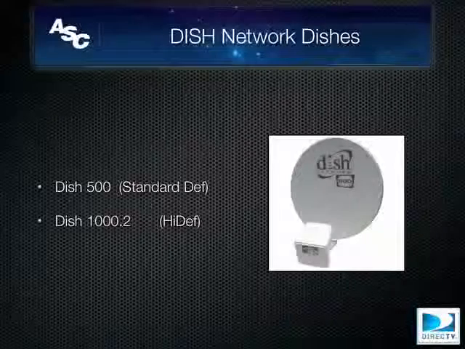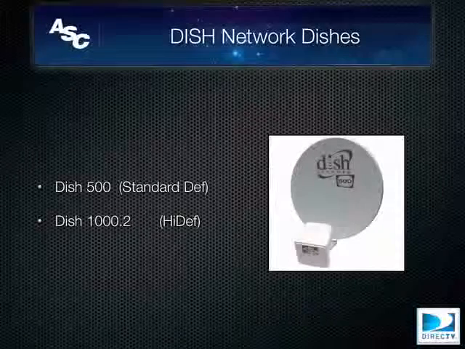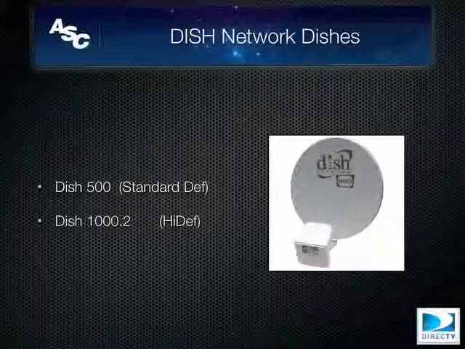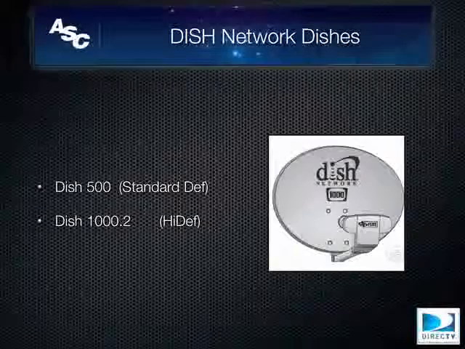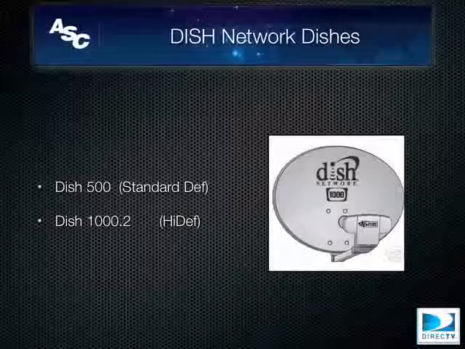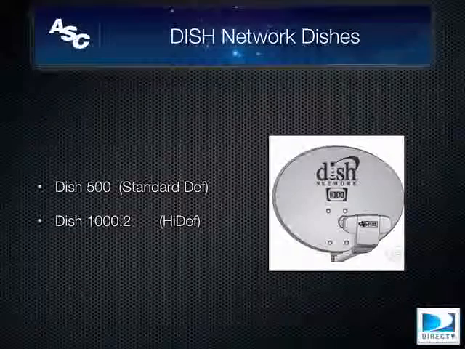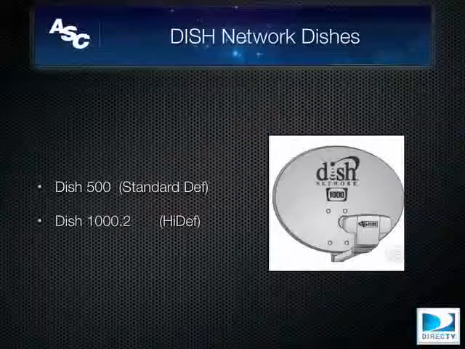And just a few differences between the Dish and DirecTV dish. The most obvious one is the logo is different. Additionally, the LNB looks a little bit different. The Dish LNB you'll see has a cover on it. The DirecTV LNB does not. And by the way, that makes absolutely no difference to the quality of the signal or signal reception. All right, the next slide shows a Dish 1000.2, and that's what Dish Network uses to receive a high-definition signal. Its analog on the DirecTV side would be the slimline. And the final